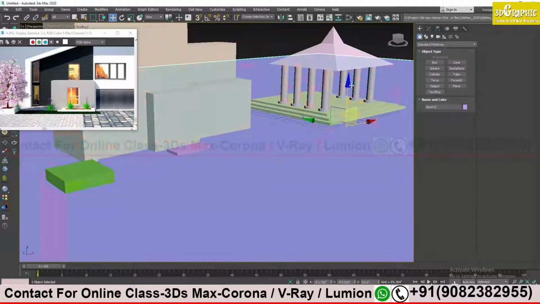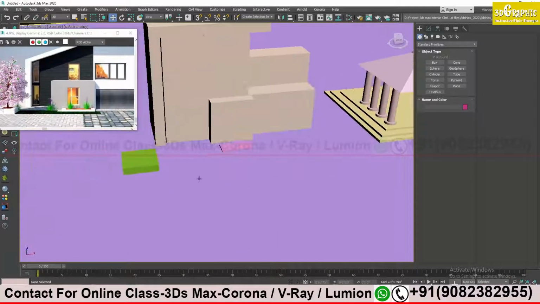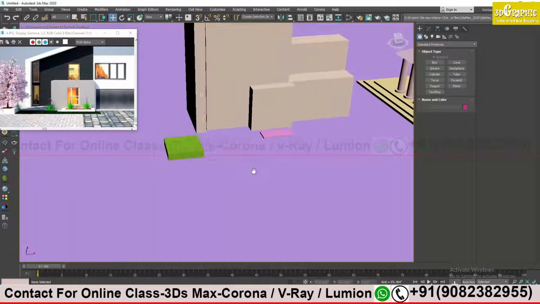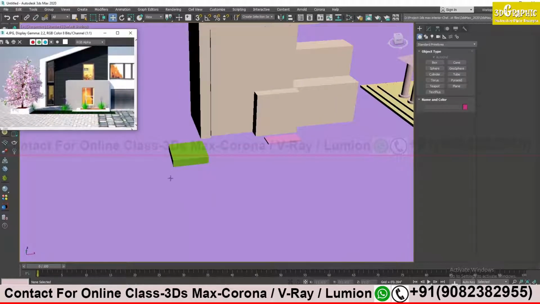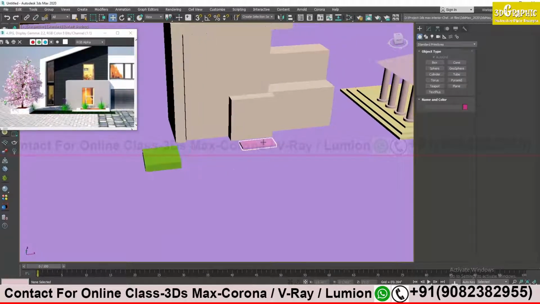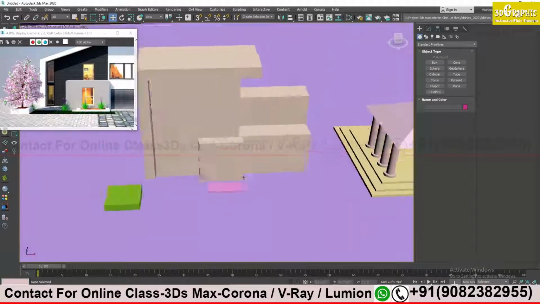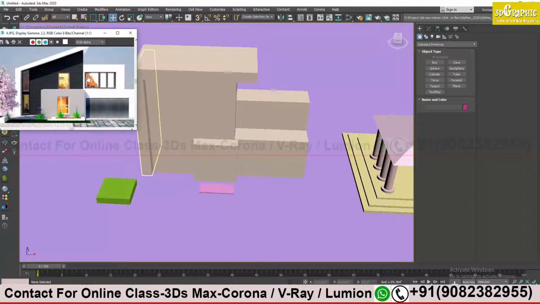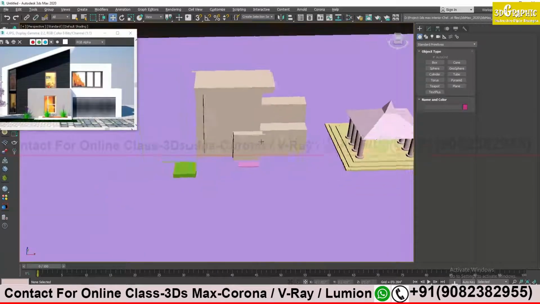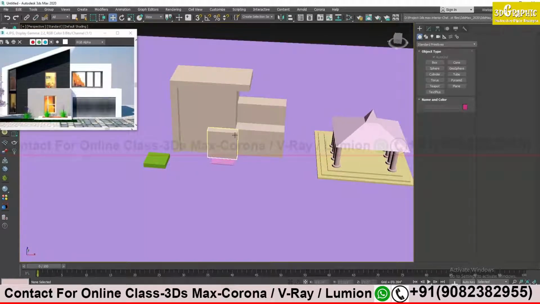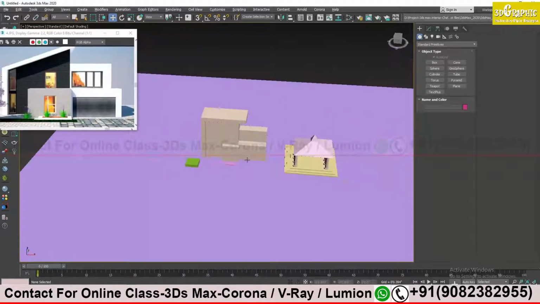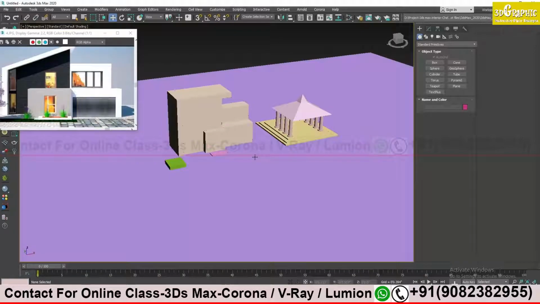I will move it a little bit down. Okay, fine, it's fine. This is my entire ground, my field area. Here the bigger tree, the small plant will be over here, and this is what my model will look like. Okay, simple. Thank you.